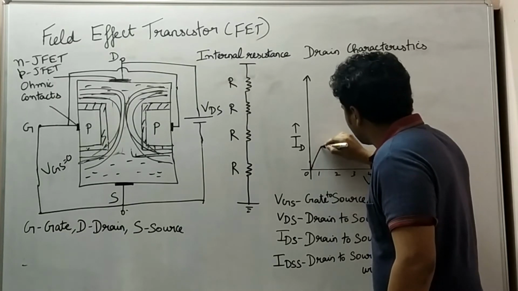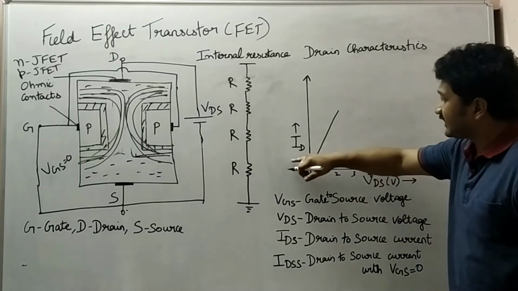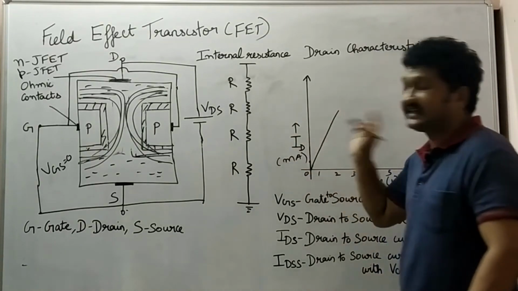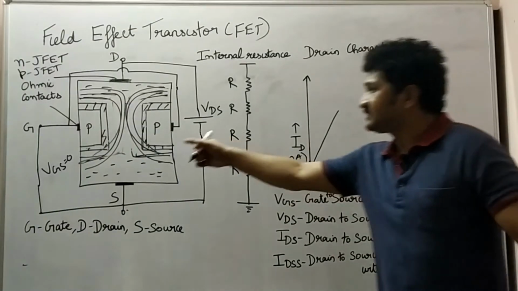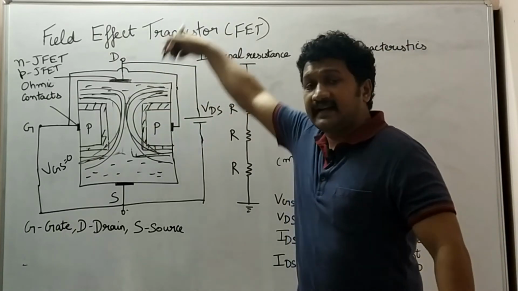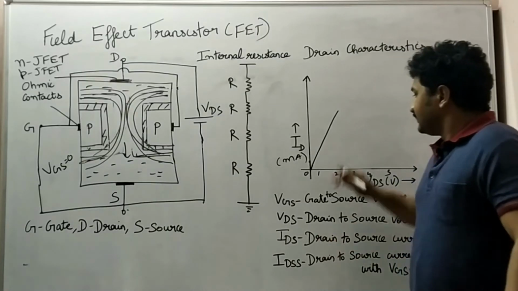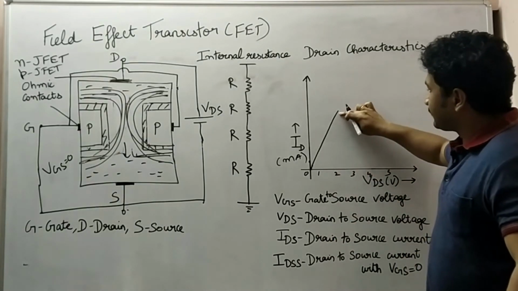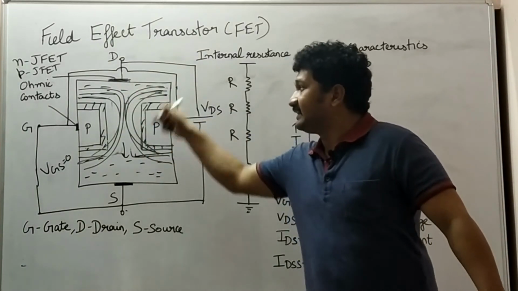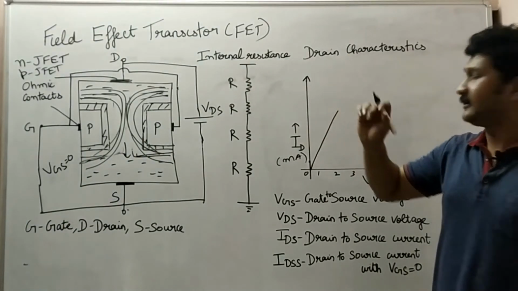Now what happens is, again going through the process, we increase the VDS voltage from 0, and it starts to increase slowly. And if you can see, when we increase the voltage, the drain current also increases. Drain current is in milliamps. What is the reason? As the electrons move in the top direction, we get drain current in the downward direction. So we increase the voltage and we obtain the drain current, and at the same time this depletion layer increases and starts closing, and we reach a point called the pinch off point.